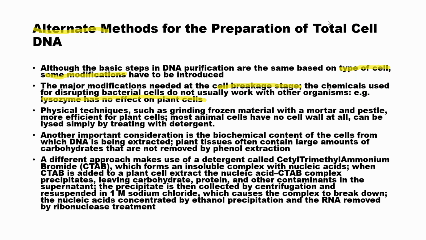In bacterial cell lysate, as our participants have mentioned, we are using various chemicals. For example, lysozyme is an enzyme which we apply in bacterial cell extract preparation, whereas it has no effect on plant cells. If we use the same lysozyme for a plant cell, we cannot get any extract. So what can we do now? Physical techniques. What physical techniques were we using in bacterial cells? I mentioned one or two techniques while taking the class. Can anybody recall them?